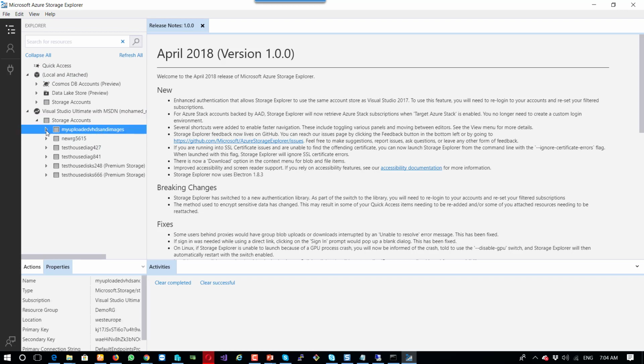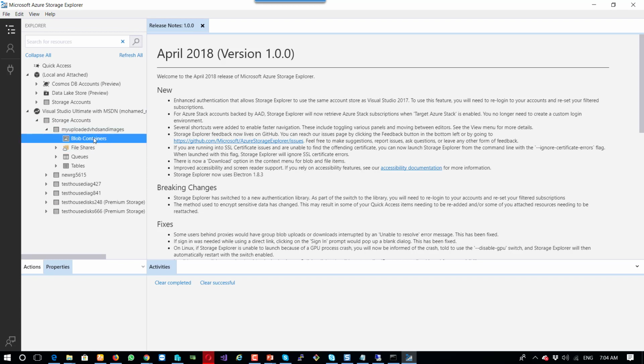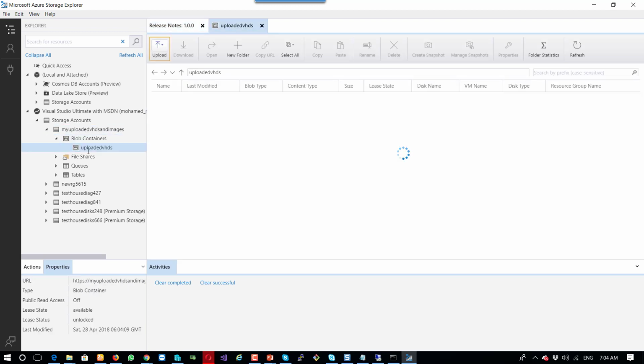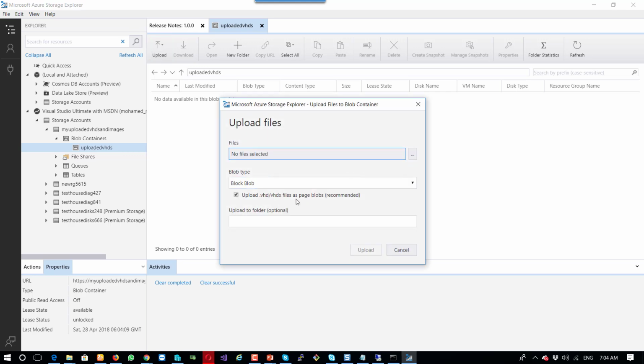As we can see, this is a storage container as a storage account. In the blob container, I don't have anything. So I will create a new blob container called uploaded VHDs. This will be the blob container, and inside it I can upload the file,